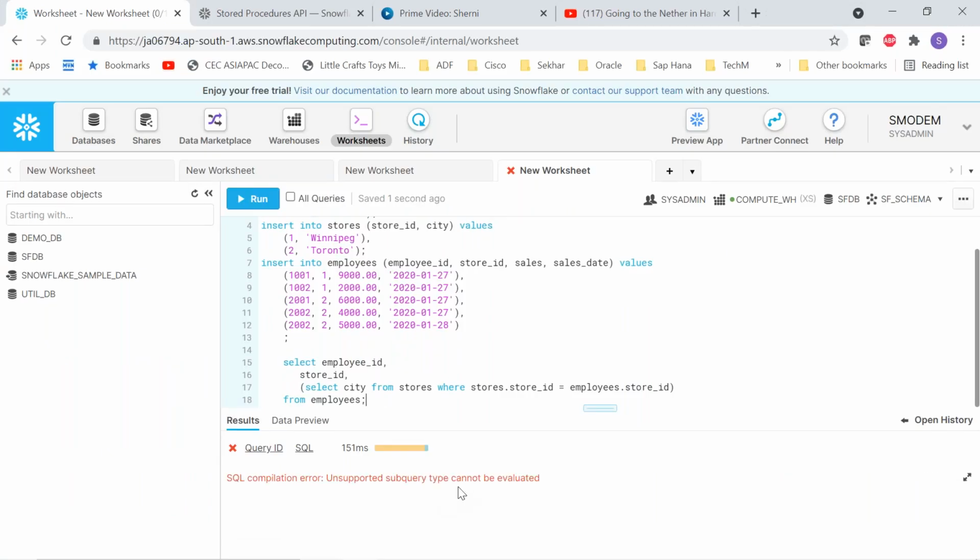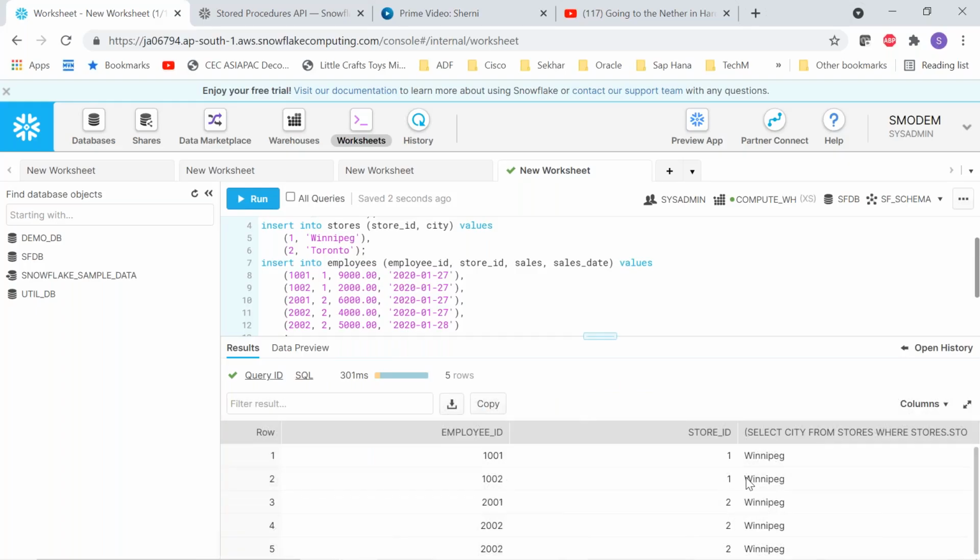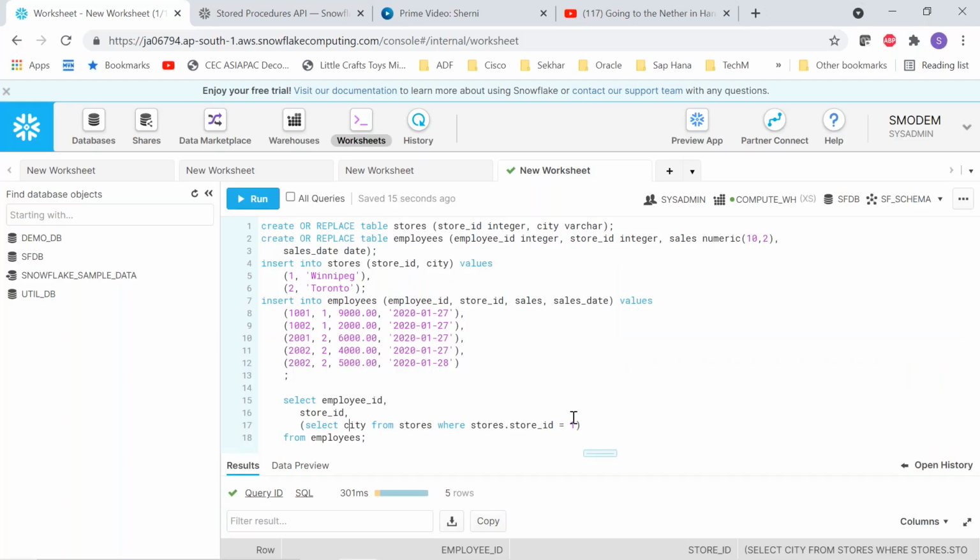See, unsupported subquery type cannot be evaluated. Where select it, you can pass like this. Let's see. If you pass a hard-coded value, it works for all Winnipeg. That is not the right thing that we are trying to get. This city store ID is in Toronto. First one is Winnipeg, two is Toronto. We are trying to get that particular data here. So